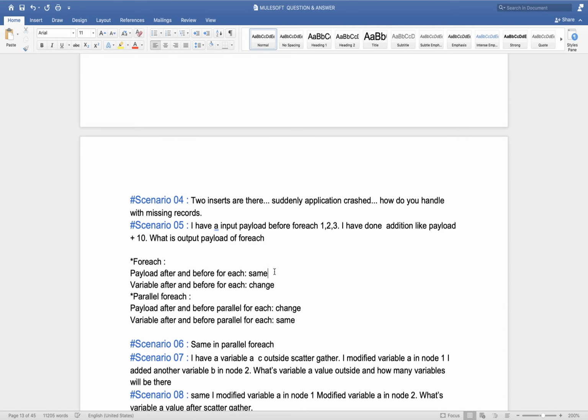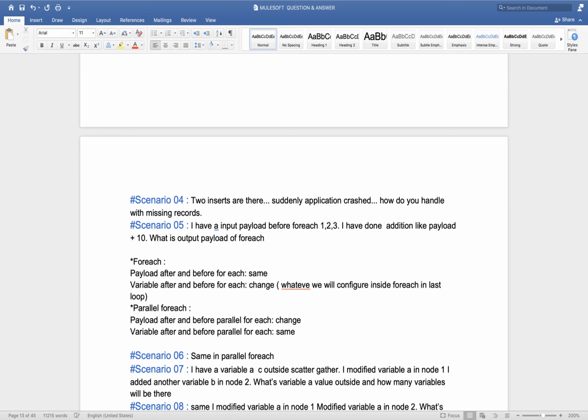Now they will ask, in case of this, the variable will change, so what will be the value of this variable? Whatever we configure inside for each in the last loop.